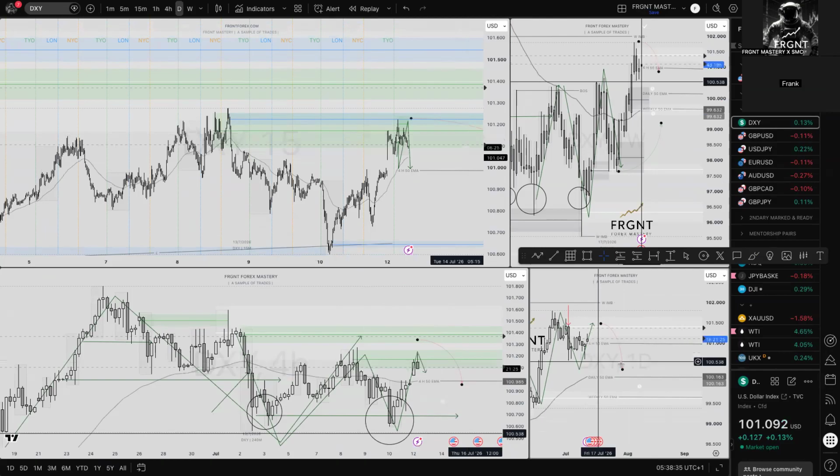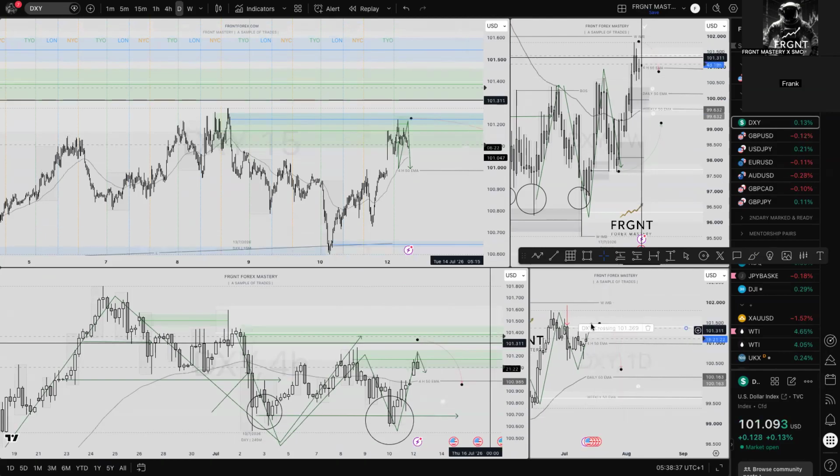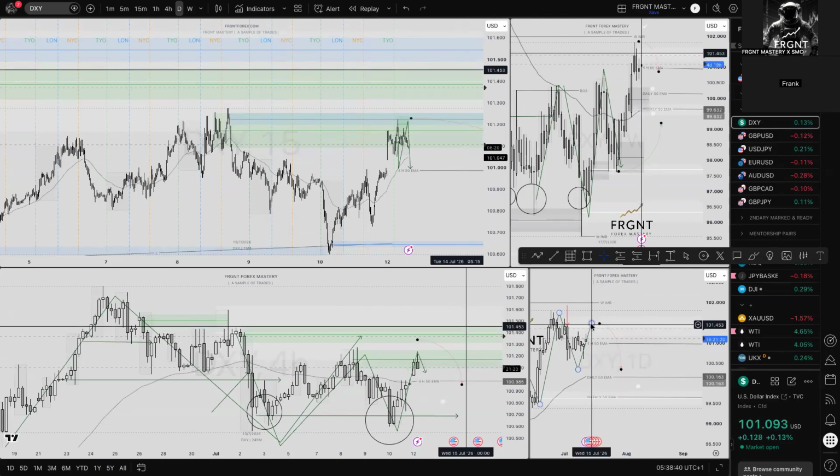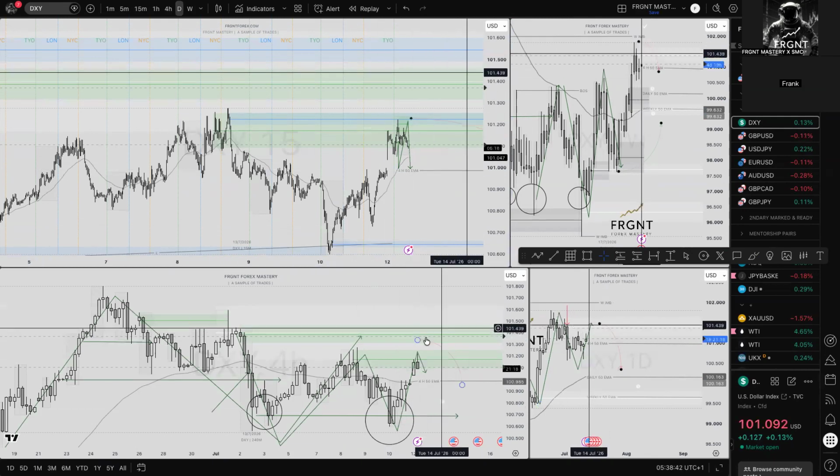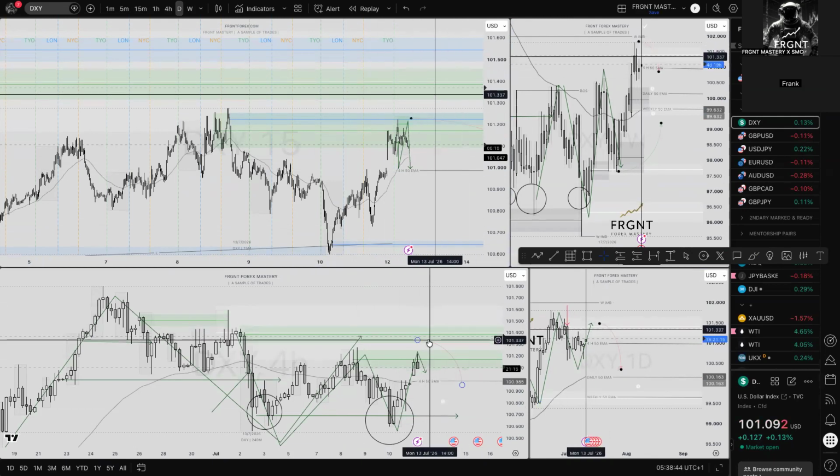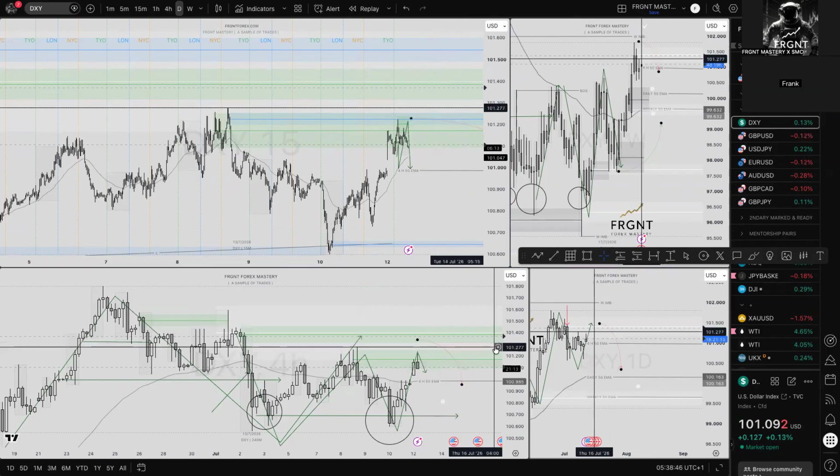I would expect price to pull back ever so slightly, potentially towards the midpoint of that gap box, which would identify this higher time frame 4-hour order block. But as I've said, it's a position nevertheless. We move on.